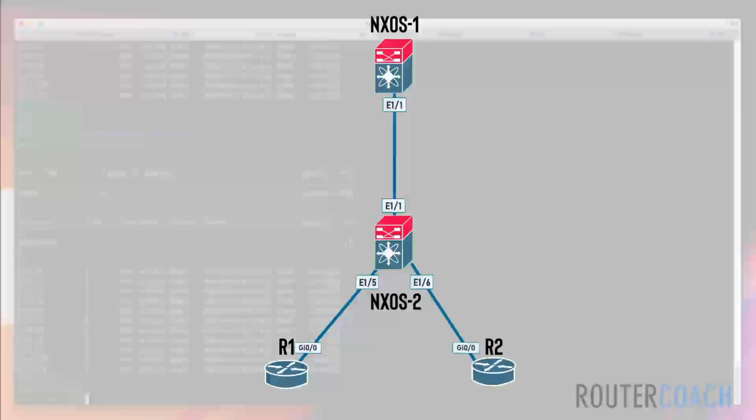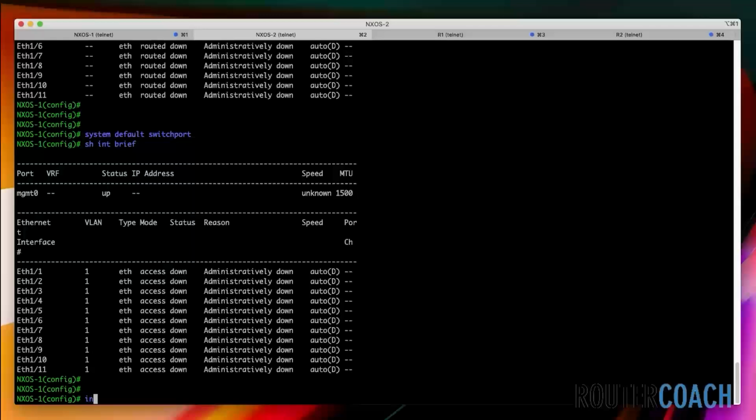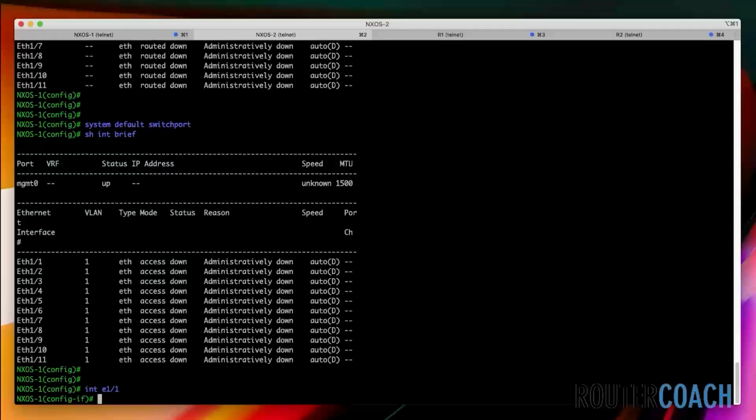So we're going to do the configuration between Nexus 1 and Nexus 2, which is interface E1/1. The first thing I want to do is say interface E1/1. I'm going to say no switchport. Let's try the configuration without the no switchport first. So the first thing we're going to say is the description of the interface is connection to Nexus 2,